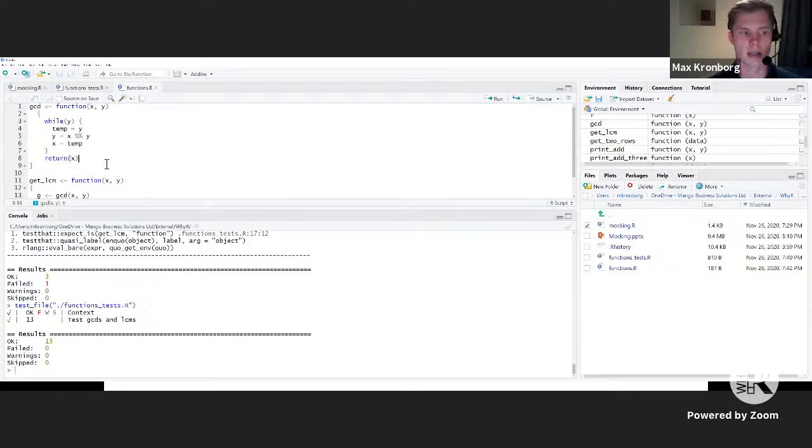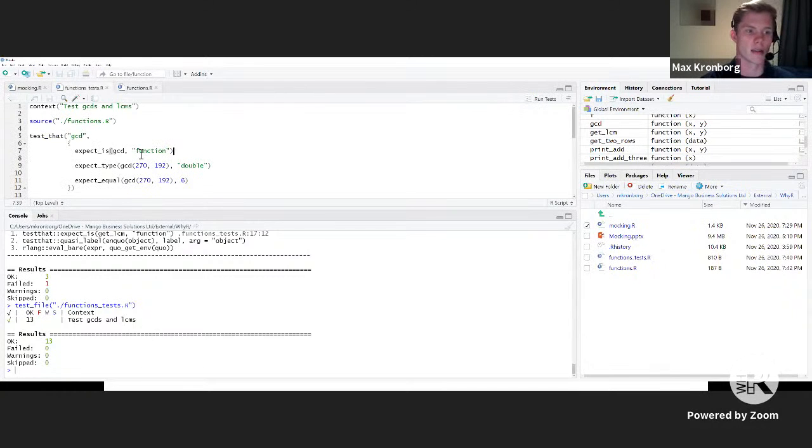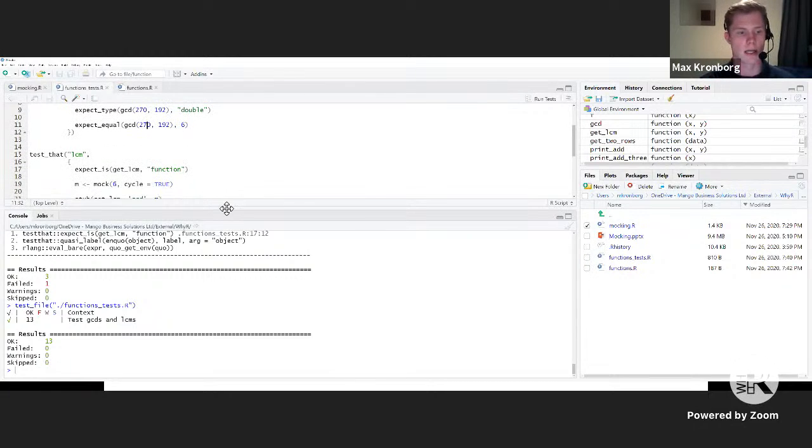Ordinarily, if you're writing a function that is a bit more complex, what you could see happening is that you get fewer and fewer failed tests. But in this case, we're using some pretty simple algorithms, and I stole one of them. So that wasn't really the case. But let's say you define the 2 functions, and they don't work correctly, you'll get a passing test for whether they are a function or not, but you won't really get passing tests for these two. And so you can kind of build your way up from there until you have something that satisfies these checks that you made.